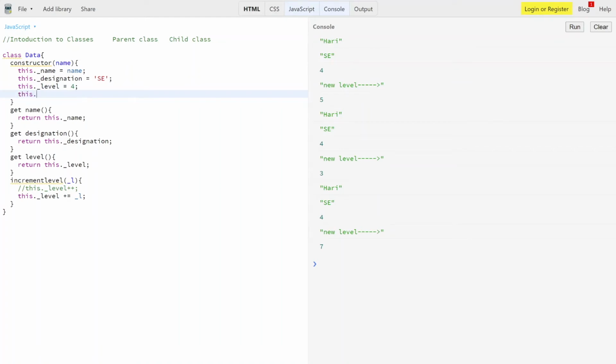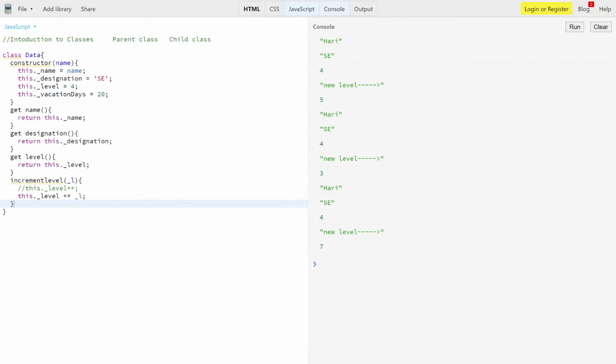We have this dot underscore vacation, then we have days over here, say put it to 20.